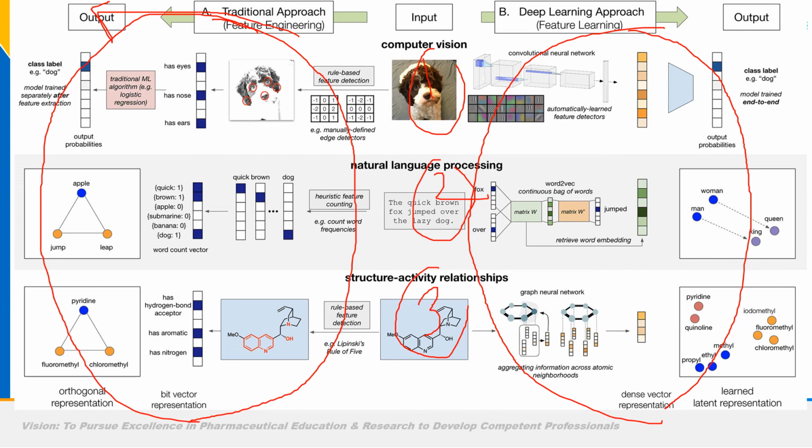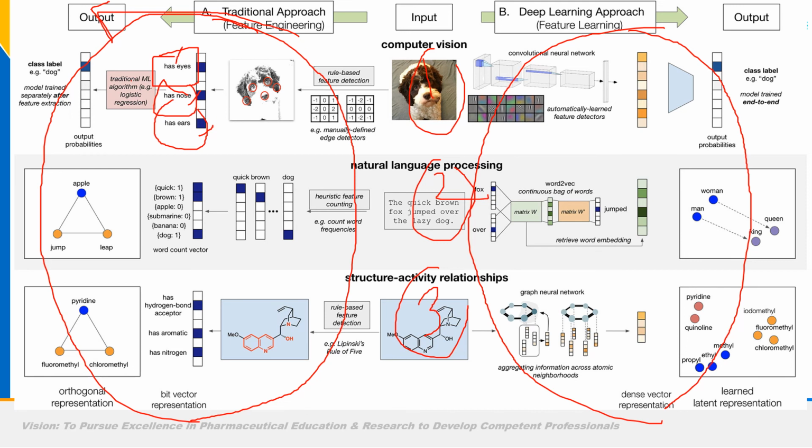Here you have to manually extract the features: okay, it has eyes, it has a nose, it has ears. If these are the features, then you train a traditional machine learning algorithm, for example logistic regression. Based on pixels, shapes and distances between the 2 eyes, the nose and the ears, you train the model and the model will identify, okay, it is a dog.